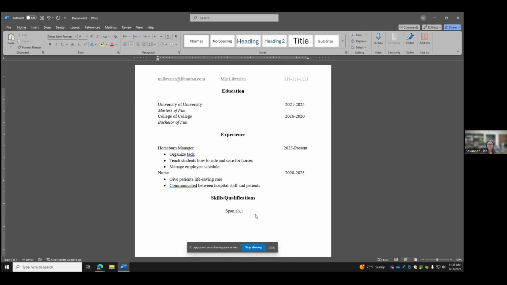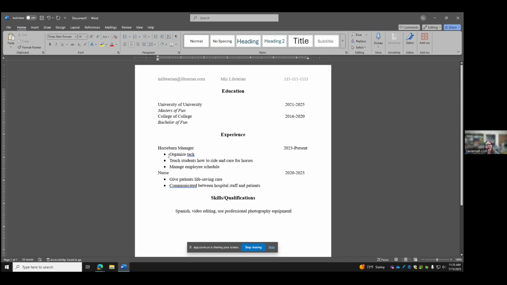So if you write down that you speak a language for your job on your resume, it needs to be that you speak at a fluency level that works for the job. So if you know a few words, I would not put that down. But if you know enough that you can communicate in whatever way your job needs, I would write it down. So if you know Spanish, anything that might help you get a job. So if you know video editing, if you know how to use professional photography equipment, anything that hasn't